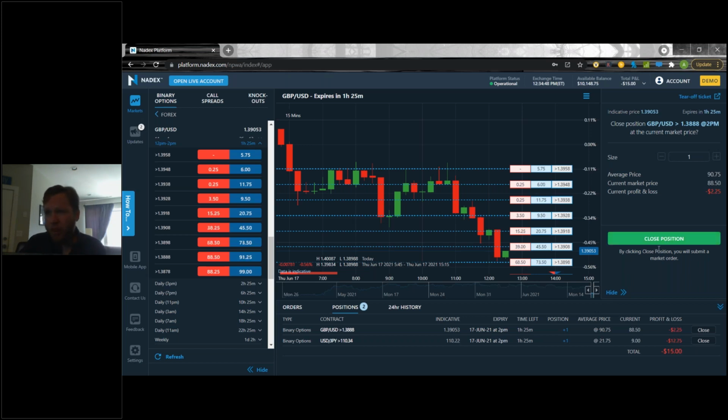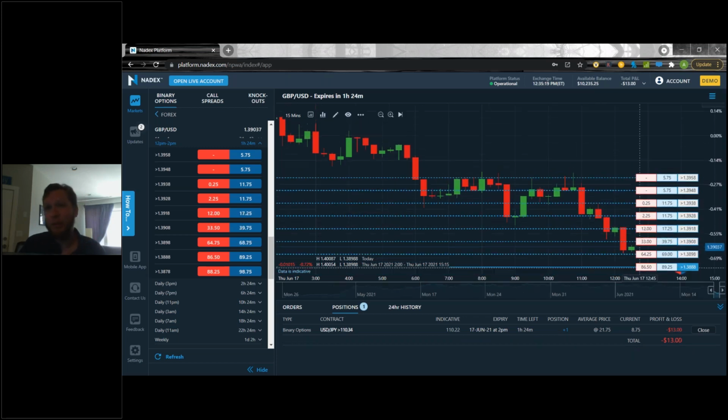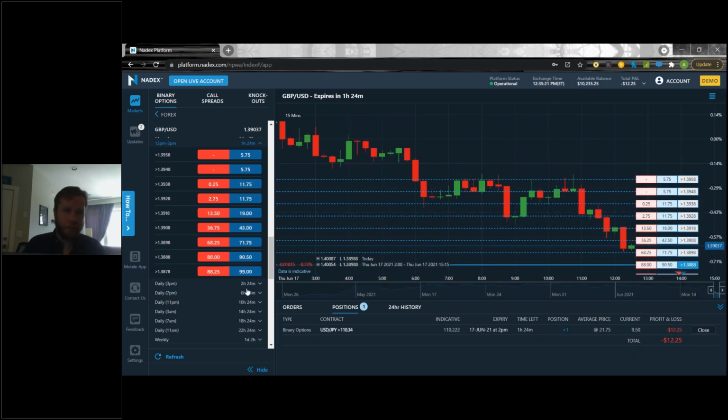So the very short answer is yes, it's always going to get you out immediately. There's not going to be a waiting period. The slight caveat, because nothing's ever 100% in this world, is if it goes over that protection level, that's the only time it wouldn't go through. You can see I hit the close position here, and as long as my computer isn't acting up, because it is acting up today, you can see it did get out instantly.